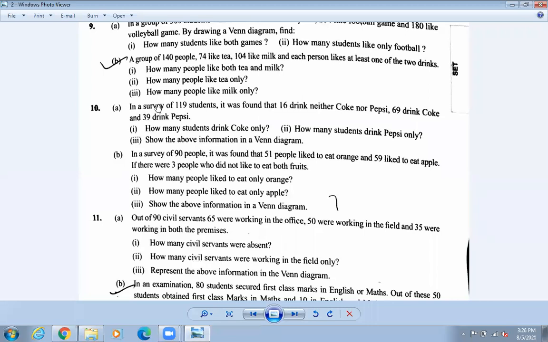In question number 10, it is written that in a survey of 119 students. A survey means you need to ask the students, do you like this one? Suppose we are going to go for a picnic, then we need to do a survey on whether you are vegetarian or non-vegetarian, because we cannot make meat for all the people. Somebody may be Newar or Brahmin, Kshatri, so they do not take pork. Nowadays they take everything, but normally they do not. So if you are planning for pork, we also need to do the survey.